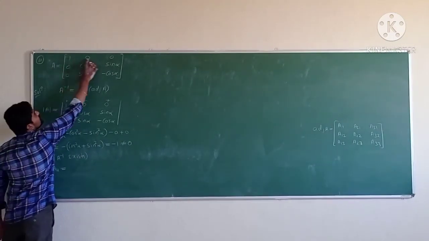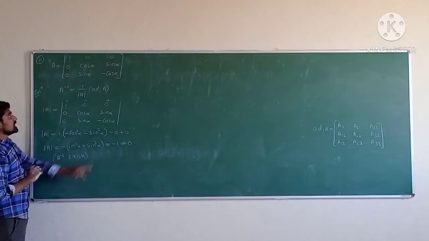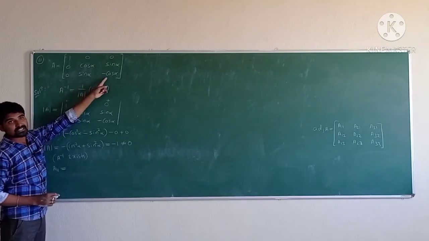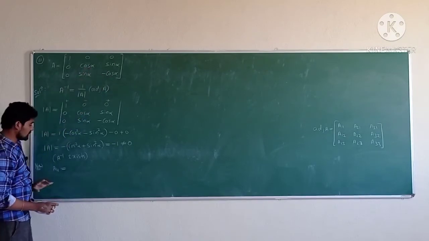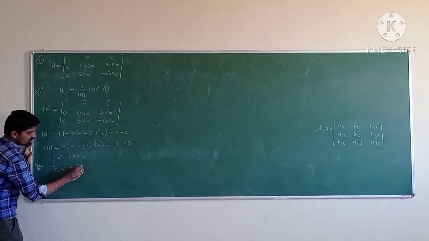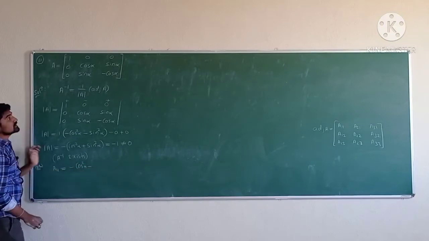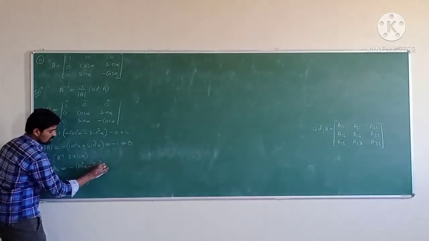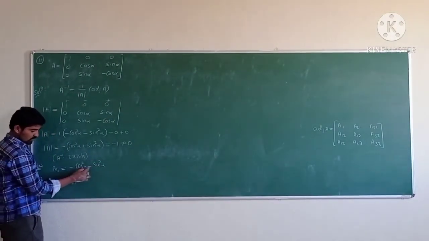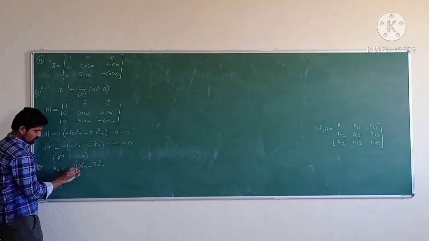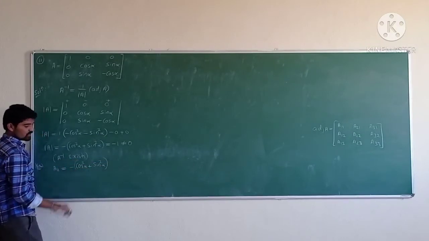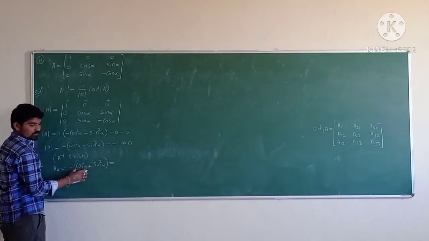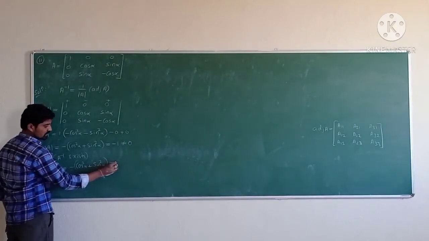After deleting this first row, first column, remaining elements cos alpha, sin alpha, minus cos alpha: cos alpha into minus cos alpha, minus cos square alpha, minus sin alpha into sin alpha, sin square alpha. So taking minus common, minus cos square alpha plus sin square alpha, which is equal to